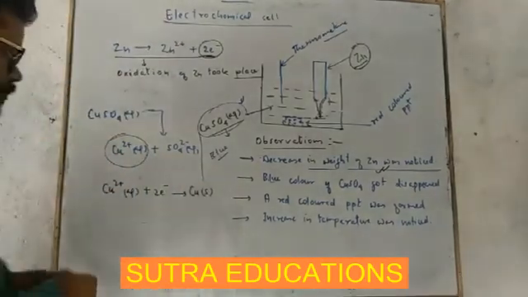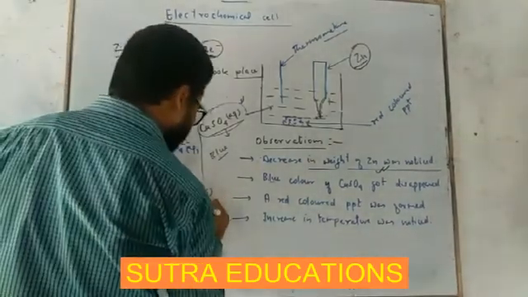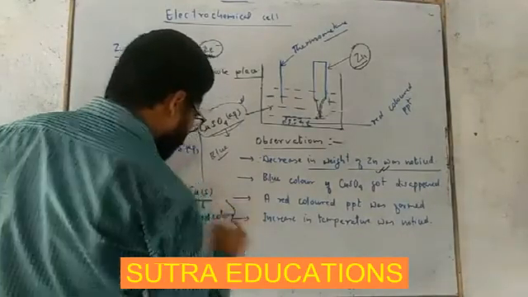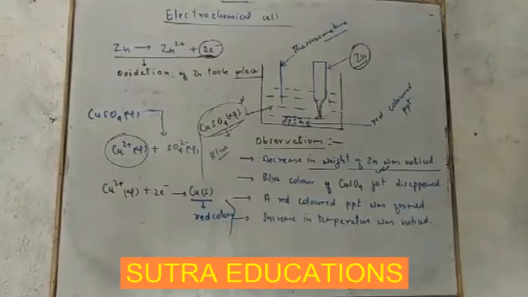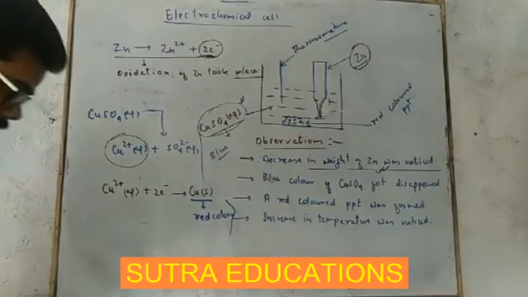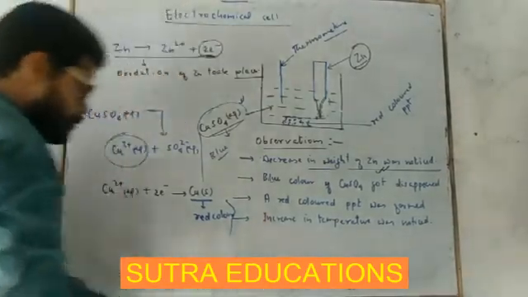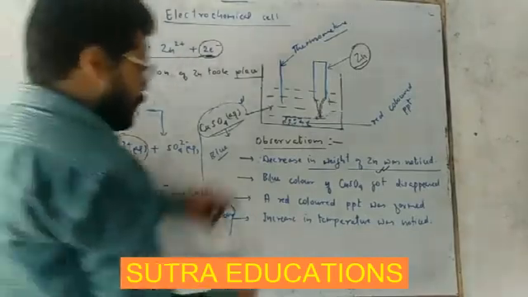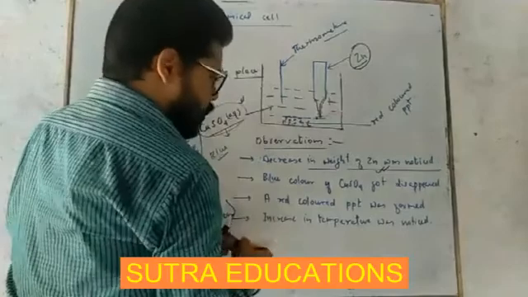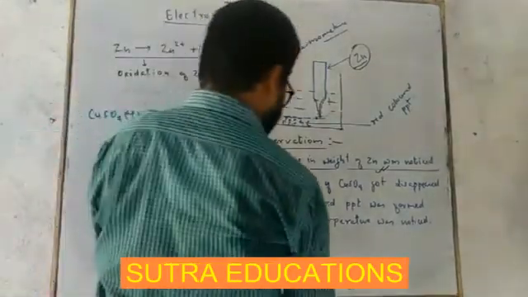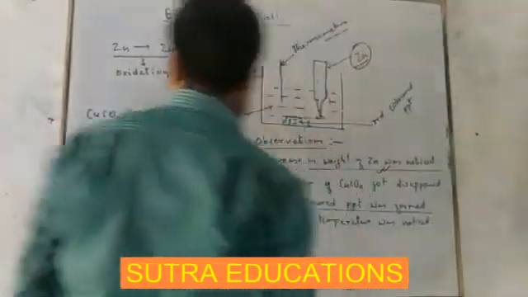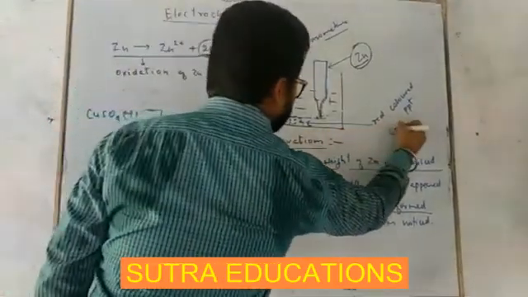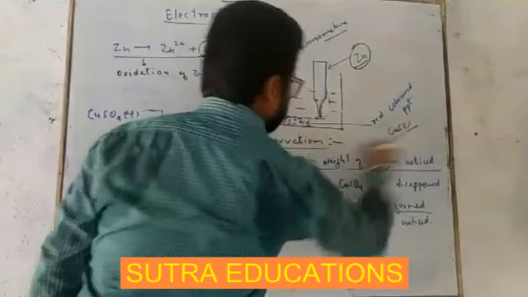And this solid copper is of red color, not exactly red, but we can say it is of red color. There are many different shades of red, so we are just taking it to be red. So it is written here, a red colored precipitate was formed. What was this red colored precipitate? It was copper, which is solid.